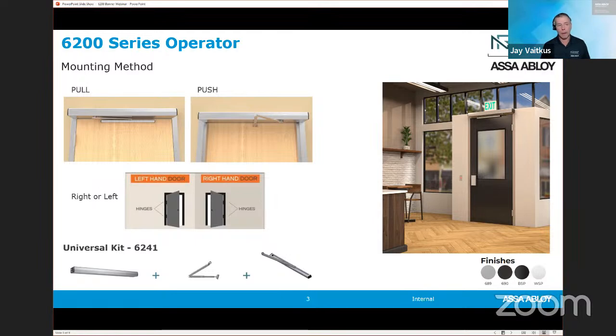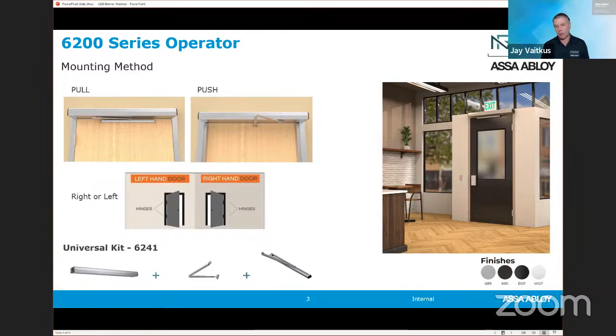So it kind of removes that complexity that you might have during ordering. Also, I just wanted to point out the overall profile of the operator is actually very thin. So it's 2 3/4 inches in height. And you'll notice that most commercial frames, and the frame that I'm showing in these examples here is a 2-inch frame face. So the operator is mounted directly to the face of the frame, and it doesn't need much overhead